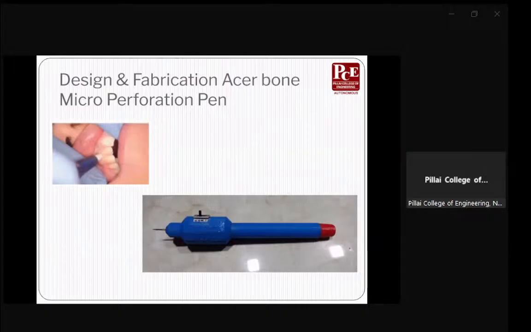Similarly, suppose you are going to design a device, right, to make some holes or which will assist in some surgery, then again you need to understand how the human body is behaving so that you can design your device. Now, all these problems which I am discussing with you, these are the problems which the students have solved, right? So if they are giving a solution, as I told you, this knowledge is going to help them